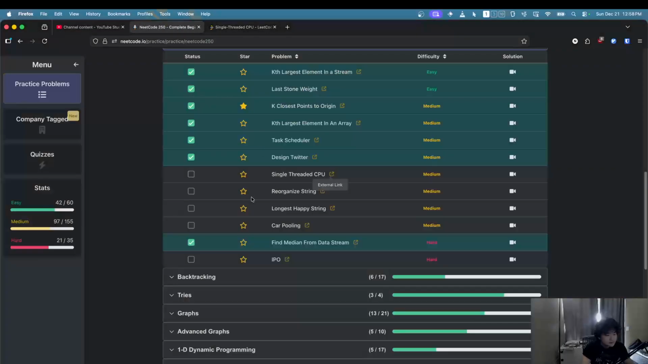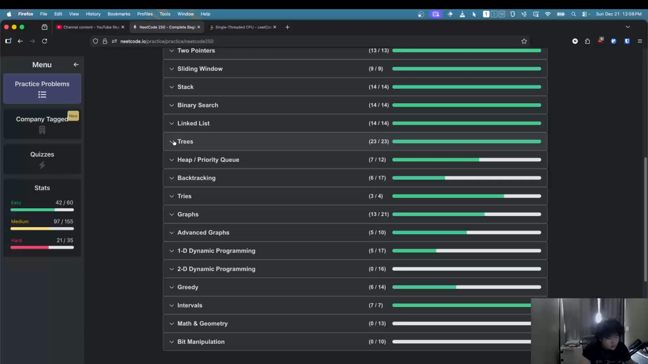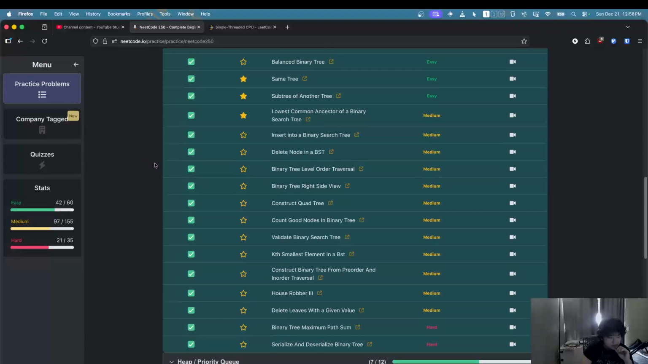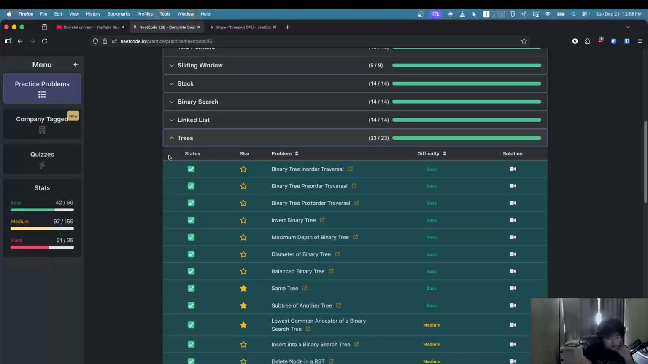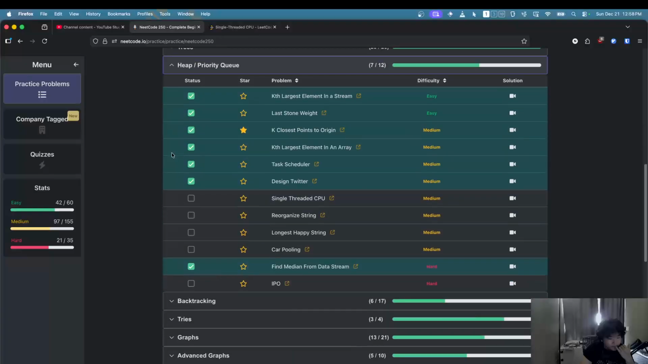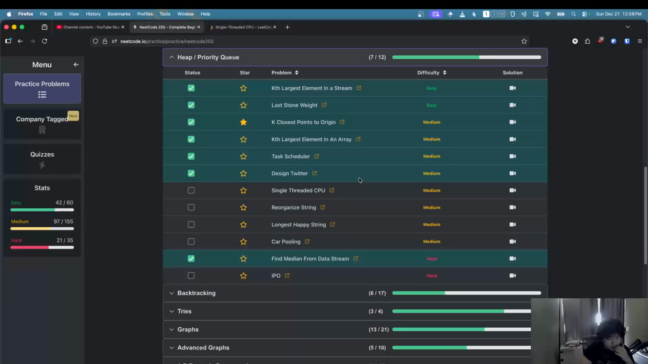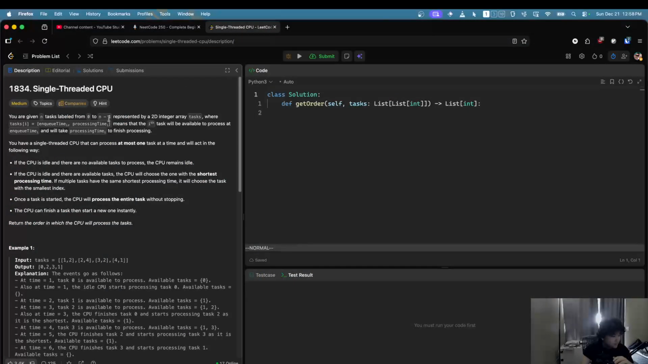Let's do the finish trees, all the missing problems on trees. Let's do all of these. This looks like nice medium stuff. Okay, you're given a